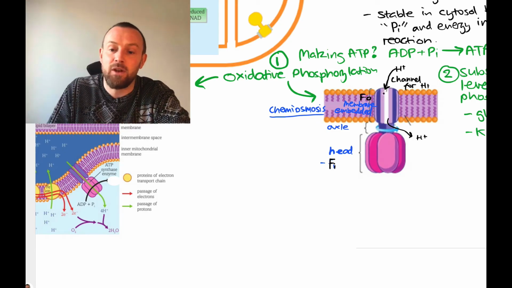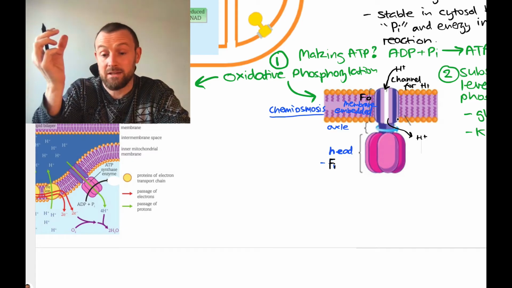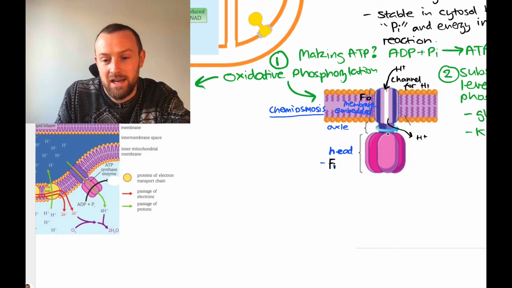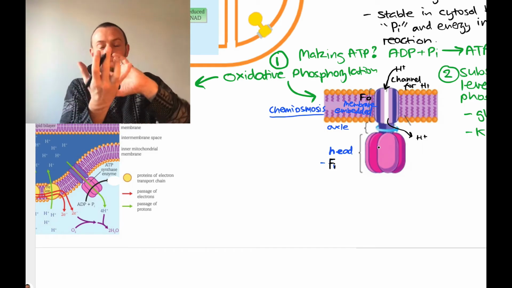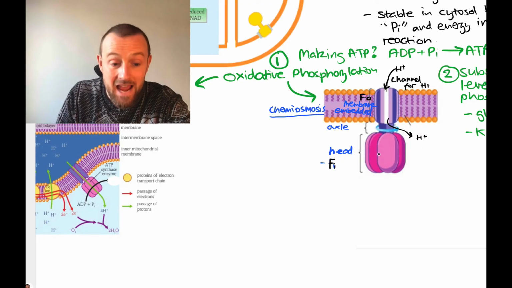And as they flow, they cause the axle to rotate. So it's actually the axle that rotates inside, and as the axle rotates around, it causes the head region just to change its shape ever so slightly. And it's the head region